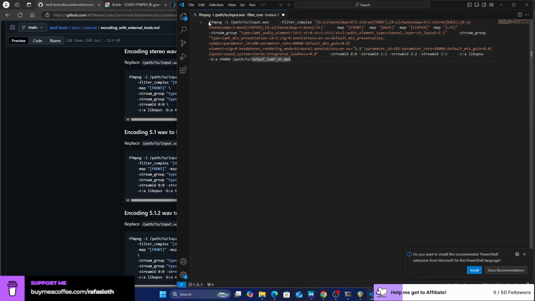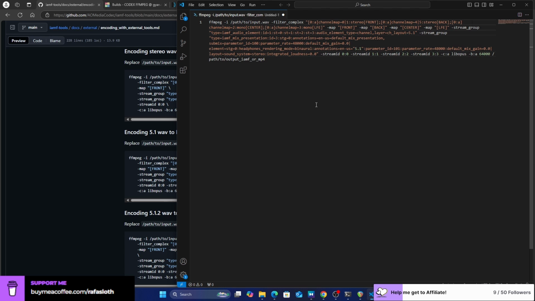Okay, so this is one single line, but I don't have to do the horizontal scroll. I'm gonna replace all the double spaces with a single space.